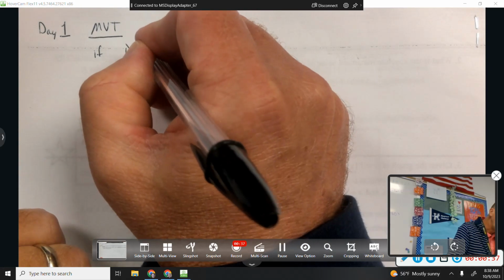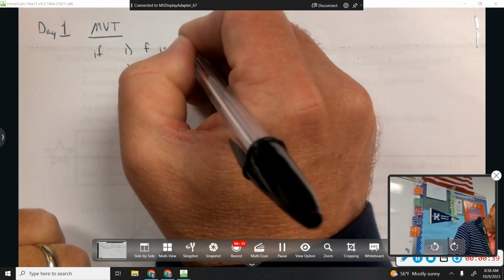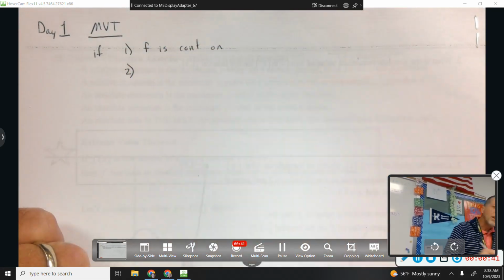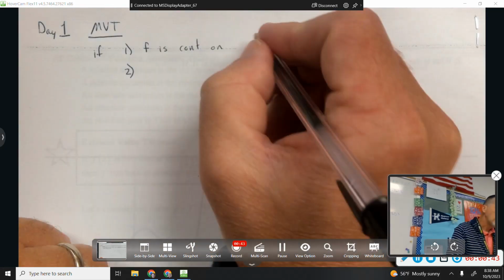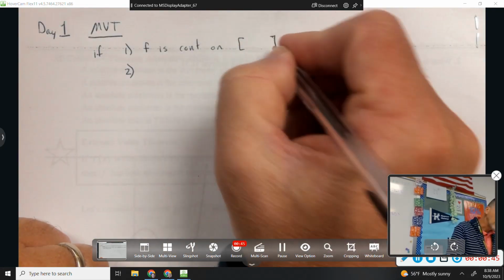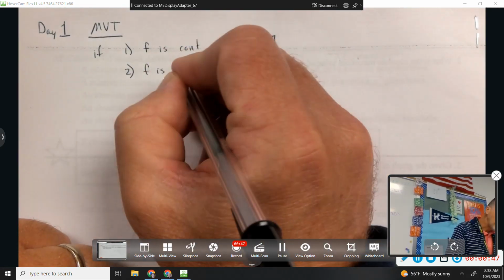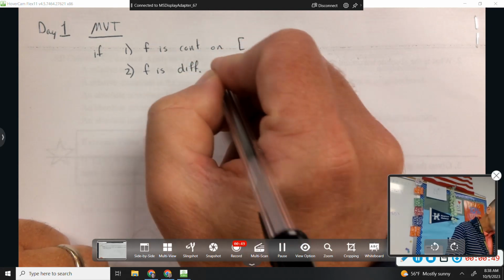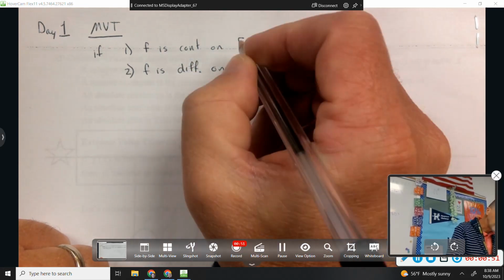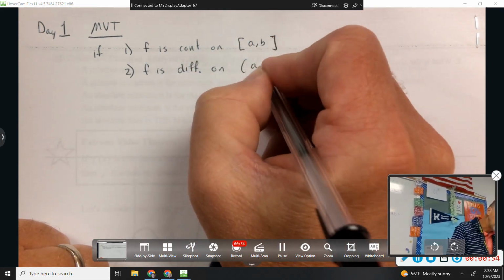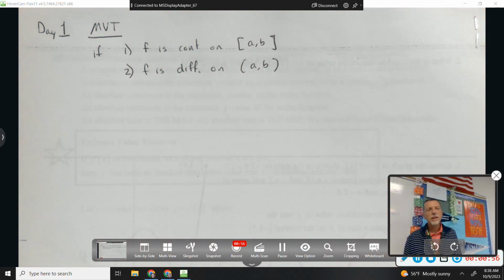So if f is continuous on the closed interval, step 2, f is differentiable on the open interval from A to B. Continuous goes with closed, differentiable's on the open. The C's go together, continuous and closed. If that is true,